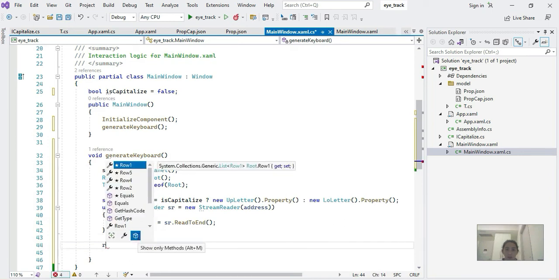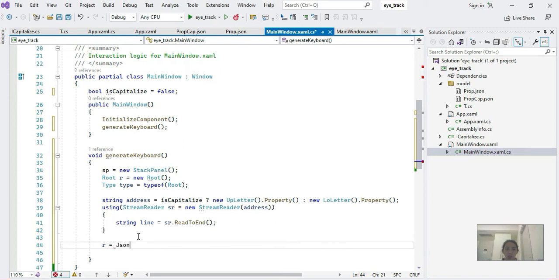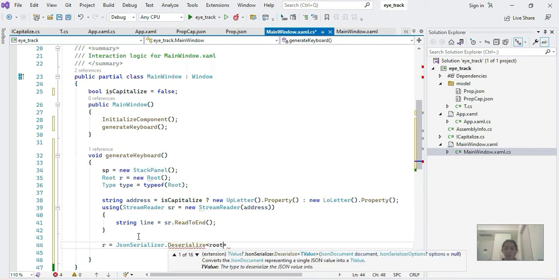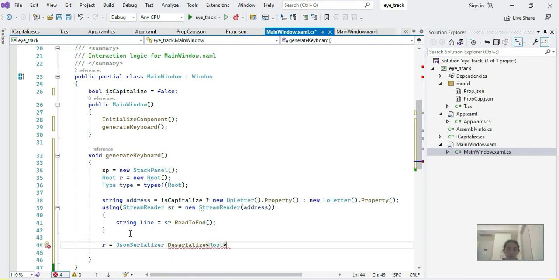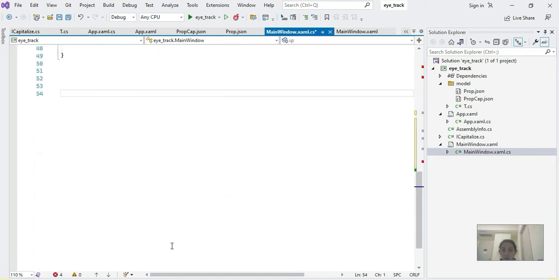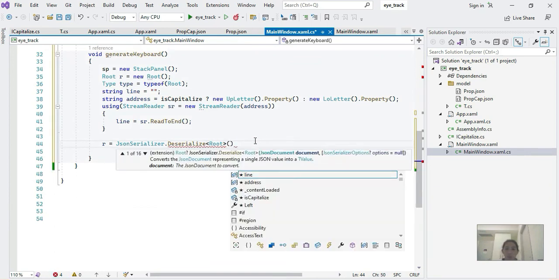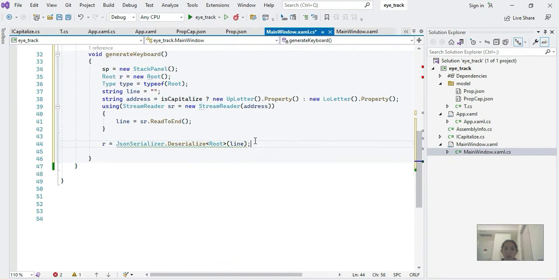JSON serializer, the serializer root. I put a string line here, so it will be empty. Okay, serializer root. Fine. And then